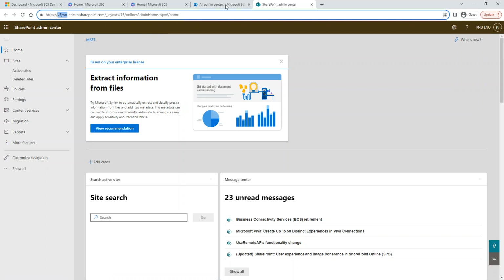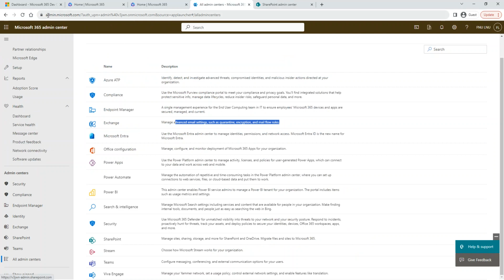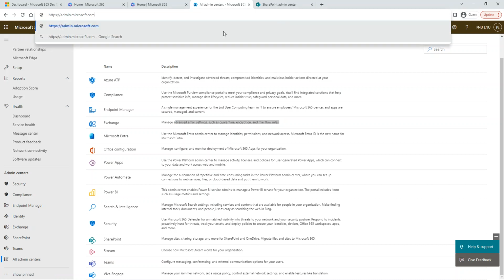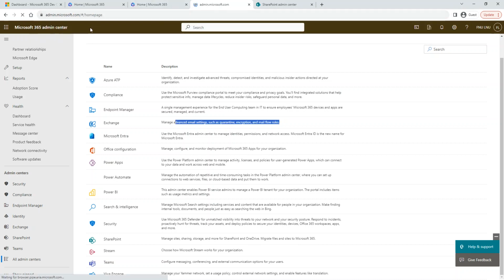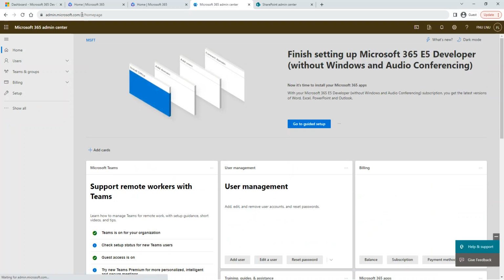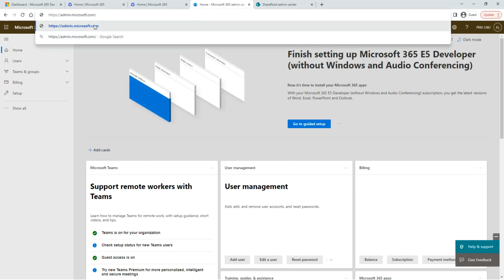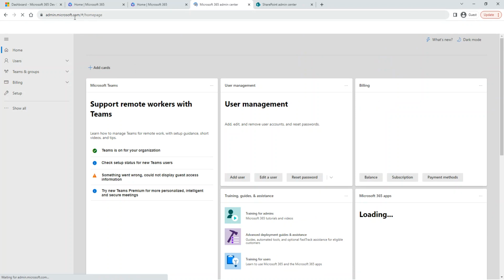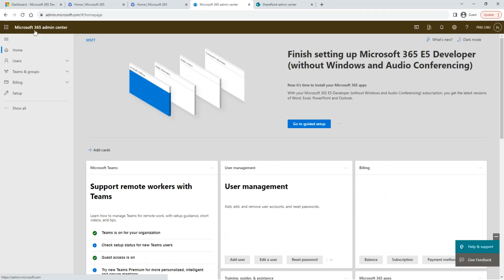So if you go to all admin centers, it is admin.microsoft.com. Forget about anything that is after this. It's not important. You see that? Admin.microsoft.com. I just grabbed it, removed everything after, pressed enter. Admin.microsoft.com takes you to the admin center of Office 365.